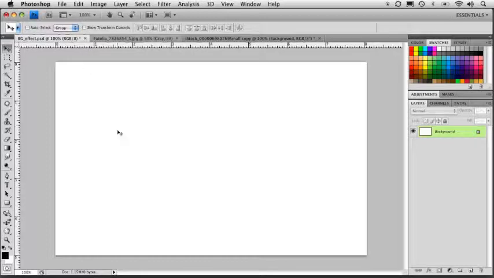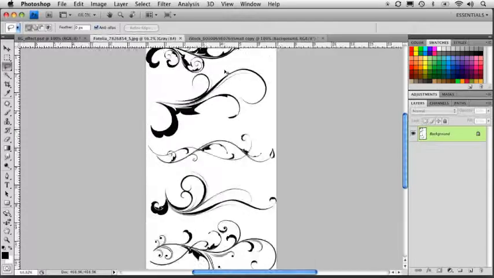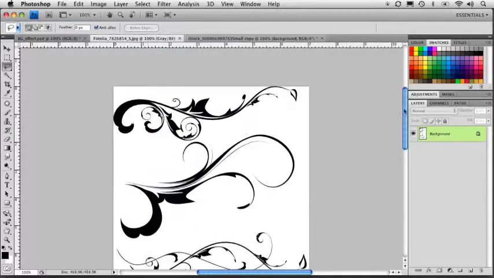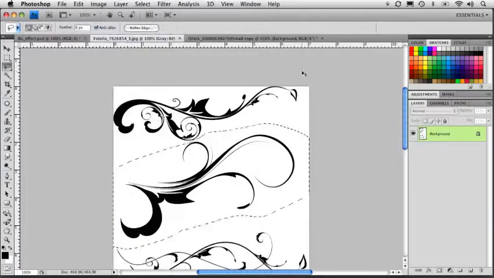So I've already got my document set up here. I'm going to jump over to my file where I've got some stock art. These are just a bunch of stock swirlies that I found. And I'm going to use the second one to create my pattern with. So I'm going to zoom in here and grab my lasso tool right here. I'm just going to drag around and select this one swirly shape here. And I'm going to go ahead and copy it to the clipboard, and let's go ahead and create a new